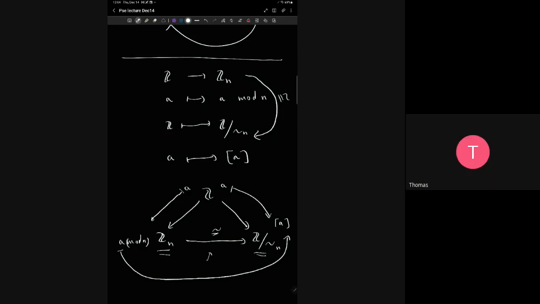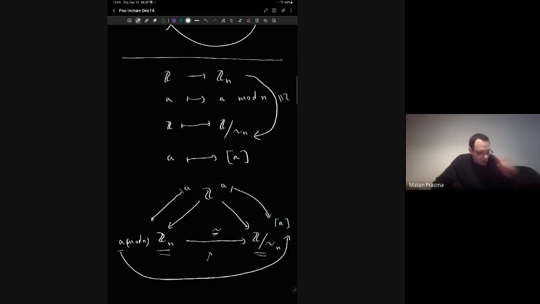And it's not only that these two constructions, these two purple abelian groups, say, are isomorphic. It's also compatible with the quotient